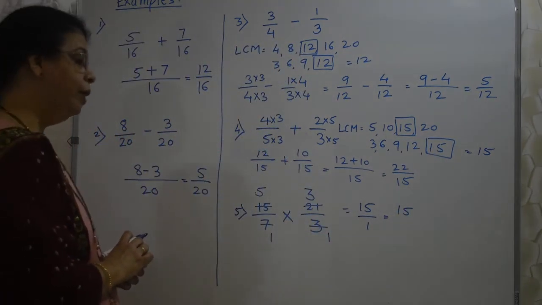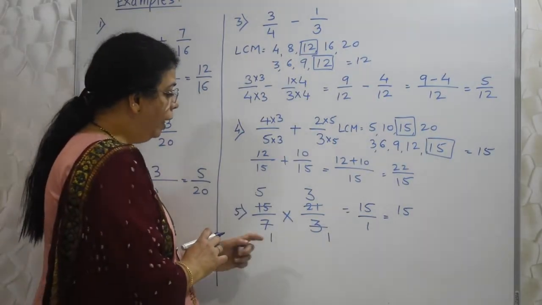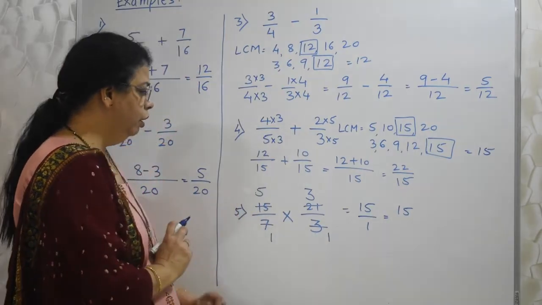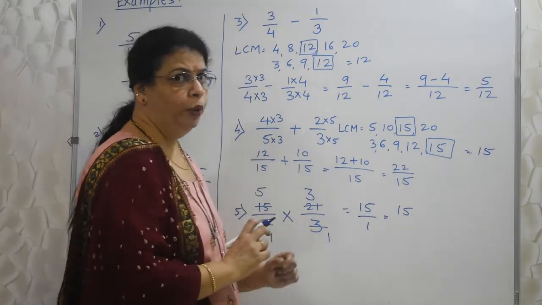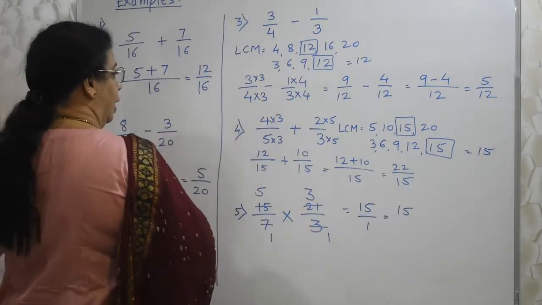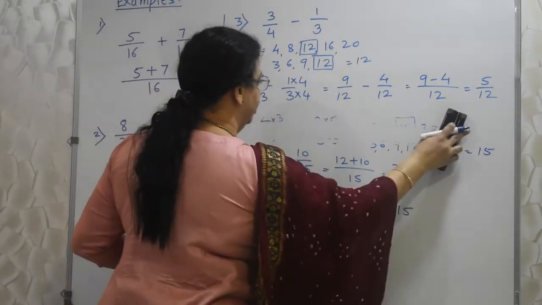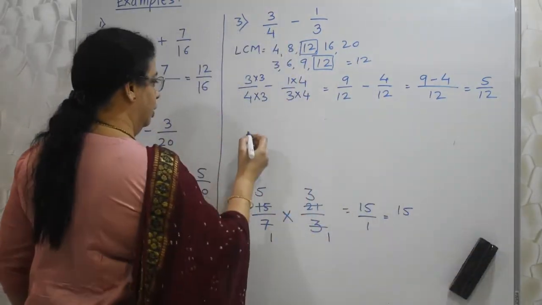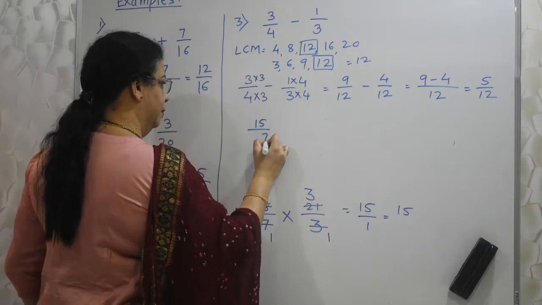Now someone may say, teacher, why did you do division of 3 and 15? 3 के table में तो 21 भी आता है, isn't it? So we'll try that also. I will make some space. Okay students, pay attention. I am rewriting this.